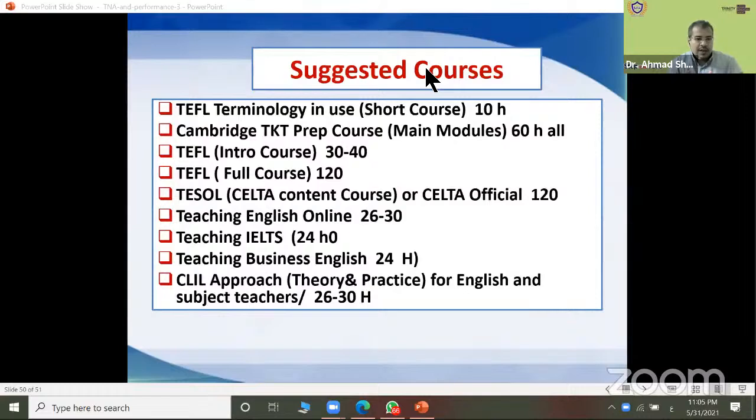So you should develop your language proficiency first before you teach IELTS, because IELTS has a lot of scientific words, especially for the academic module.